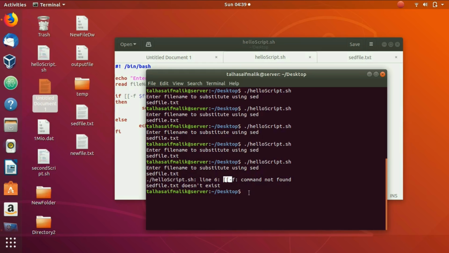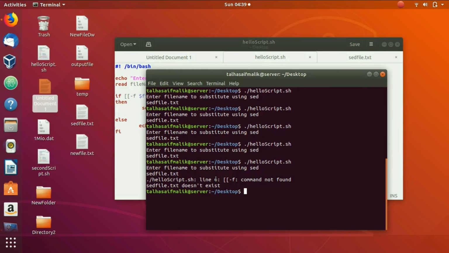So right now it is pretty clear that we know the error is in the if block, on line 6. But in some cases, when you are having long scripts like 1000 line or 2000 line scripts, then most of the time it is hard to identify if there are multiple errors. So for that, what you can do is debug your script and know what's happening on